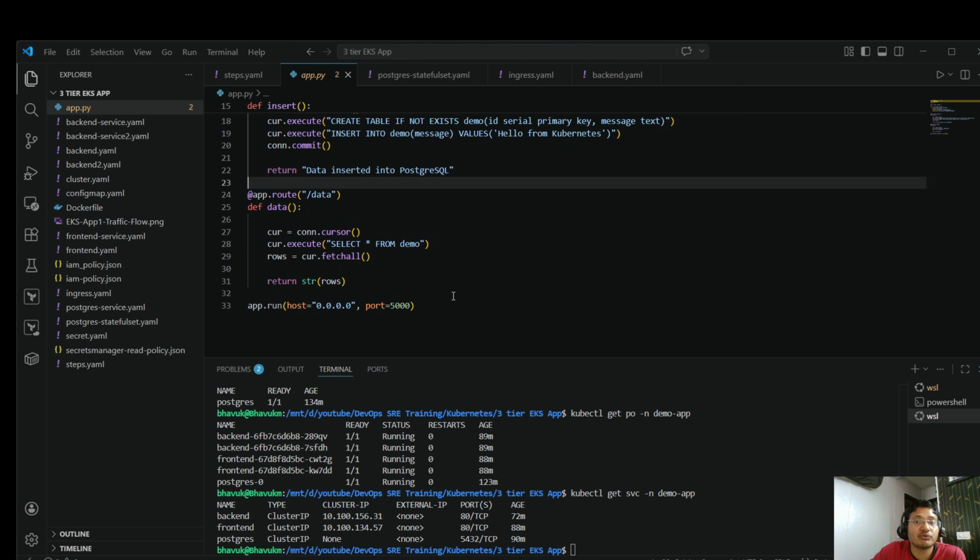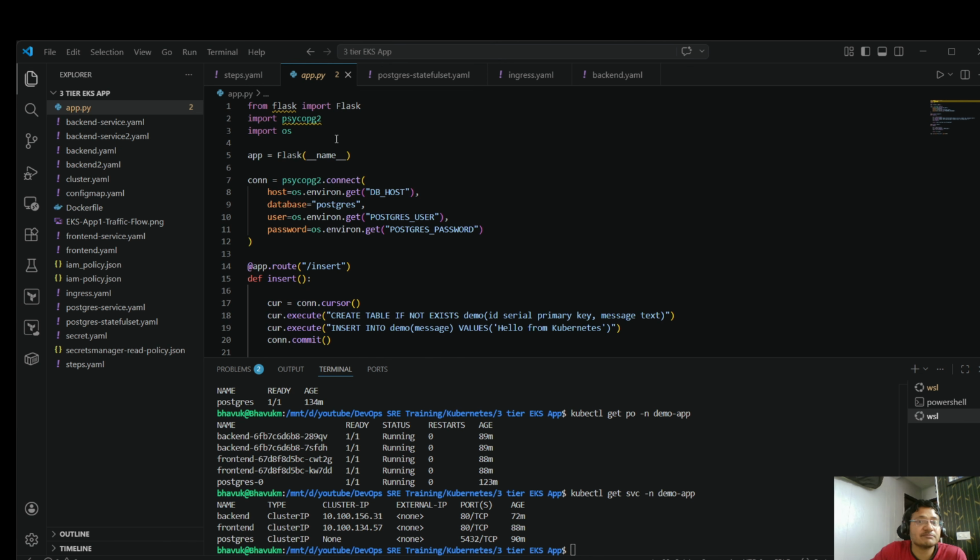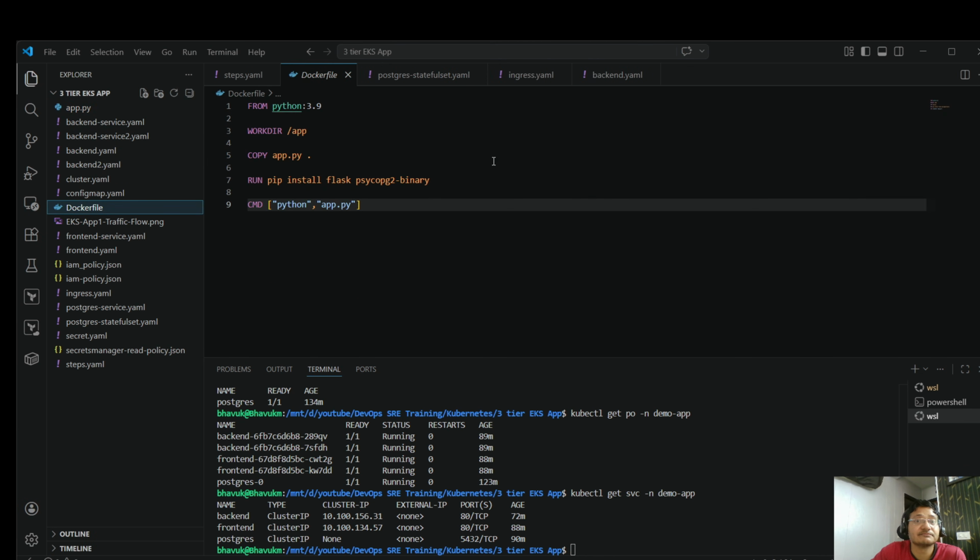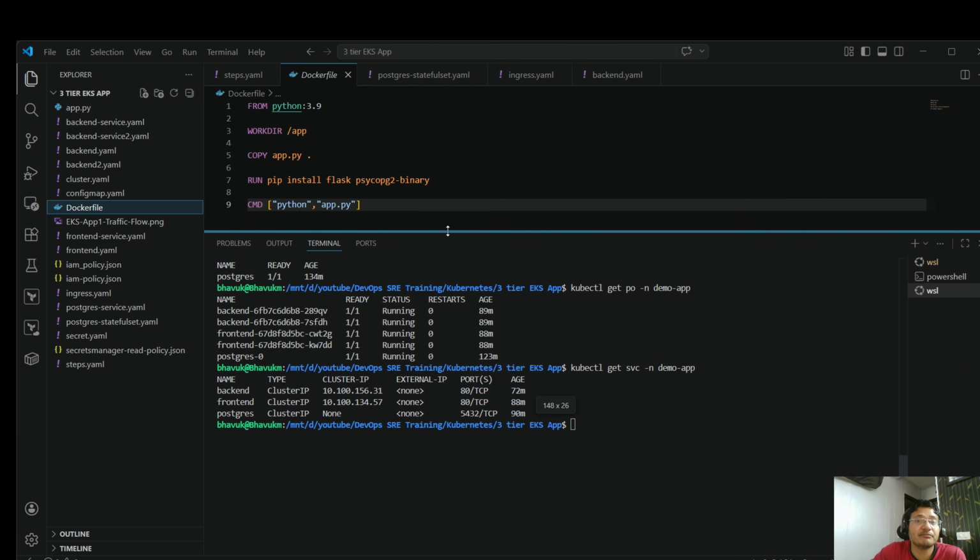And the application is going to run on port 5000. So this is my main application, using which I created a Dockerfile. The first thing is you have to create a Dockerfile to create the image using this app.py file. So this is my Dockerfile here. I've already created the image and pushed it to